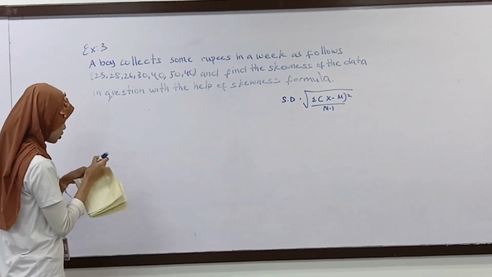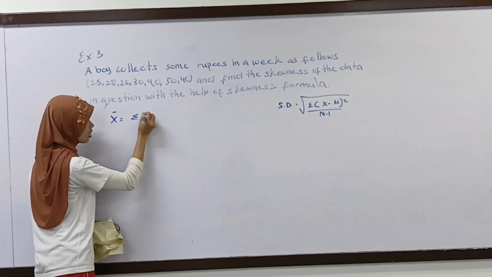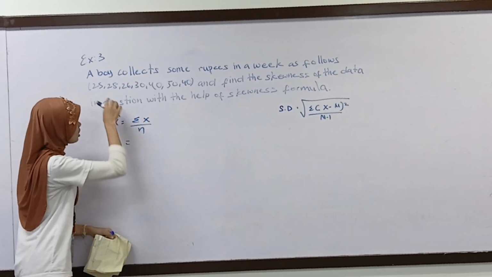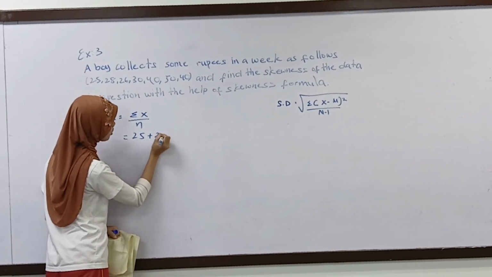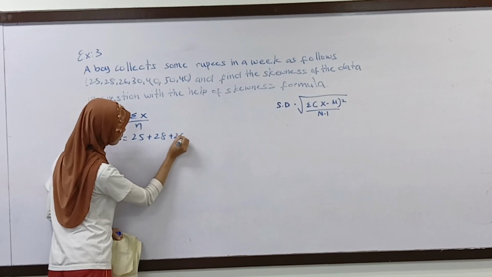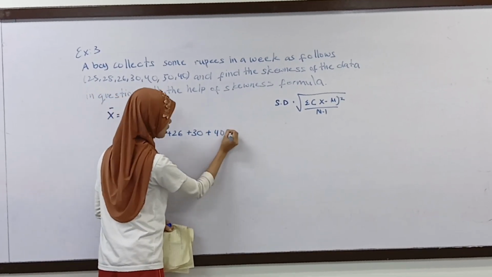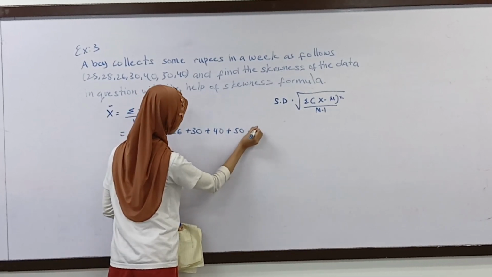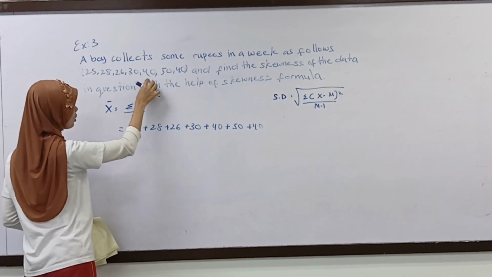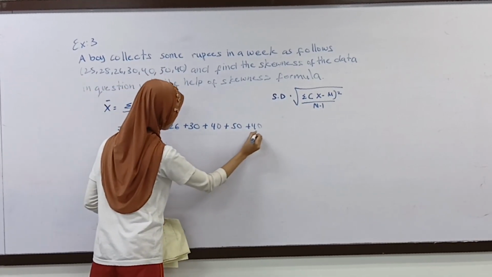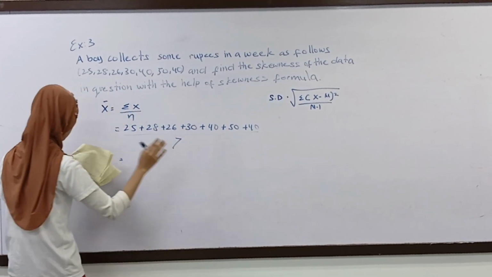As usual, the formula for the mean is summation of x over n. And these are the x, so we need to add all the x: 25 plus 28 plus 26 plus 30 plus 40 plus 50 plus 40. And the number of x is 1, 2, 3, 4, 5, 6, 7. So divided by 7. So the sum of this, the sum